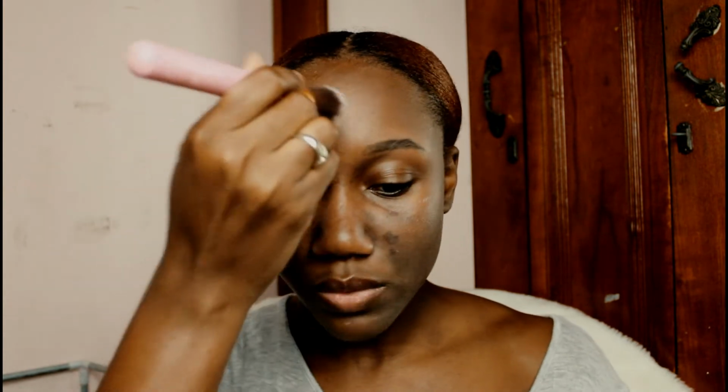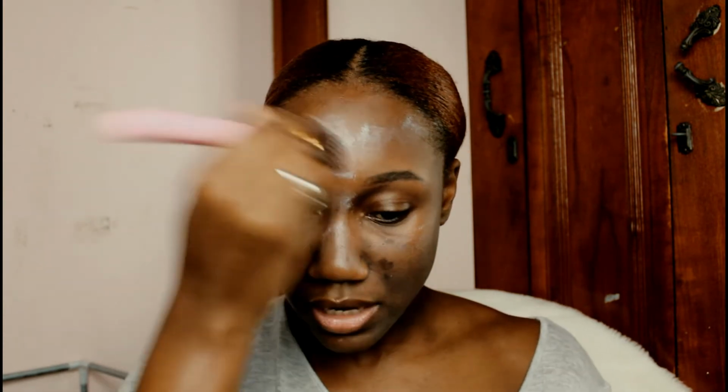It's not mattifying in a sense, but it does help control the shine, which I really do love. I probably put more than this still, but I just get it all over my face, and I don't start at the T-zone at first, because as I said, I do have combination skin. And with combination skin or even oily skin, what I've discovered is there's this thing called homeostasis, if you know anything about science. When you try to mattify your face too much and take away all the oils from your face, your face is going to create more oil,